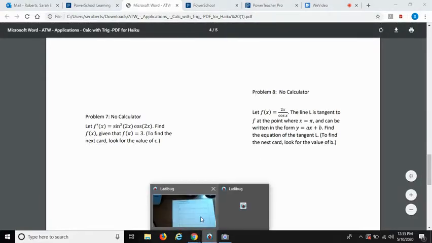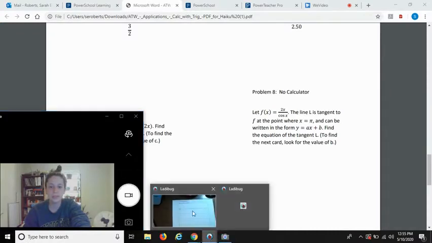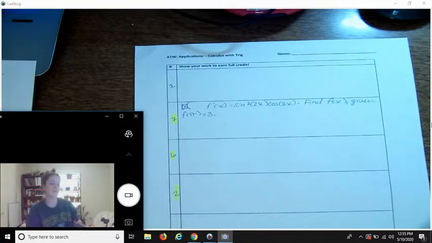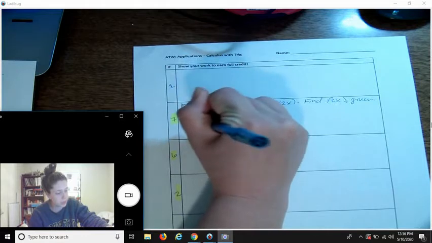Okay, so let's pull all this stuff back up. Okay, cool. All right, so I've written all that basic information down. Everything that's on the paper right now is just what's given in the problem. Then, in order to find f of x, we have to integrate. So we're going to find f of x by integrating